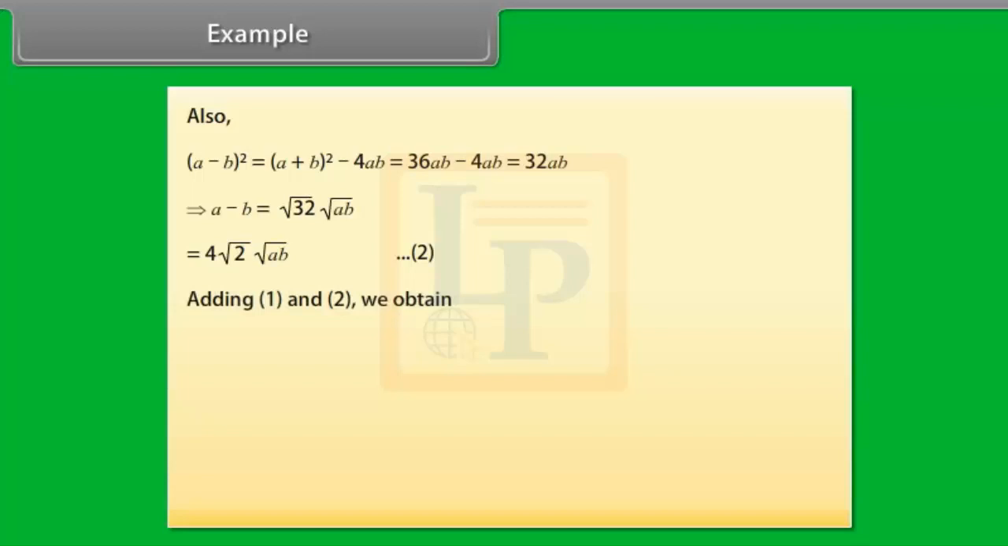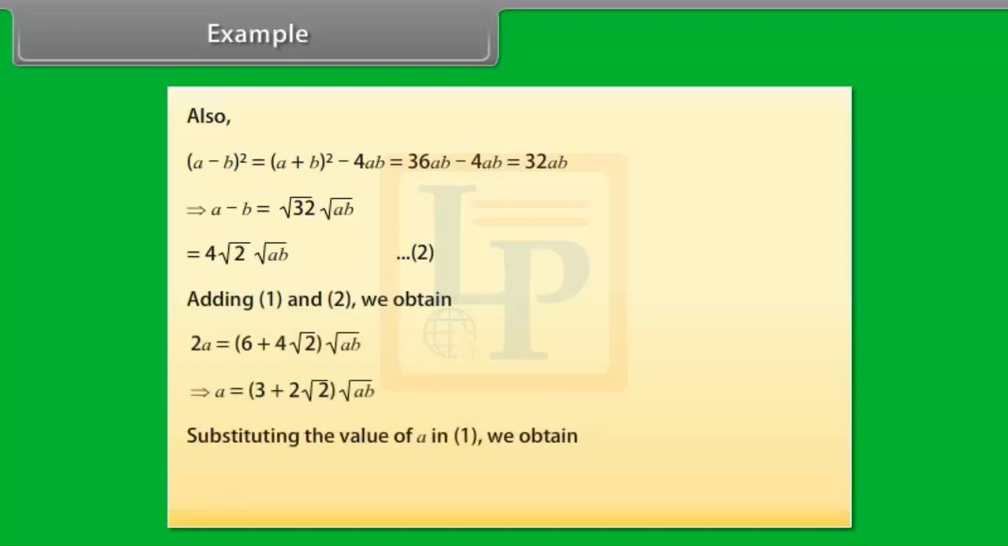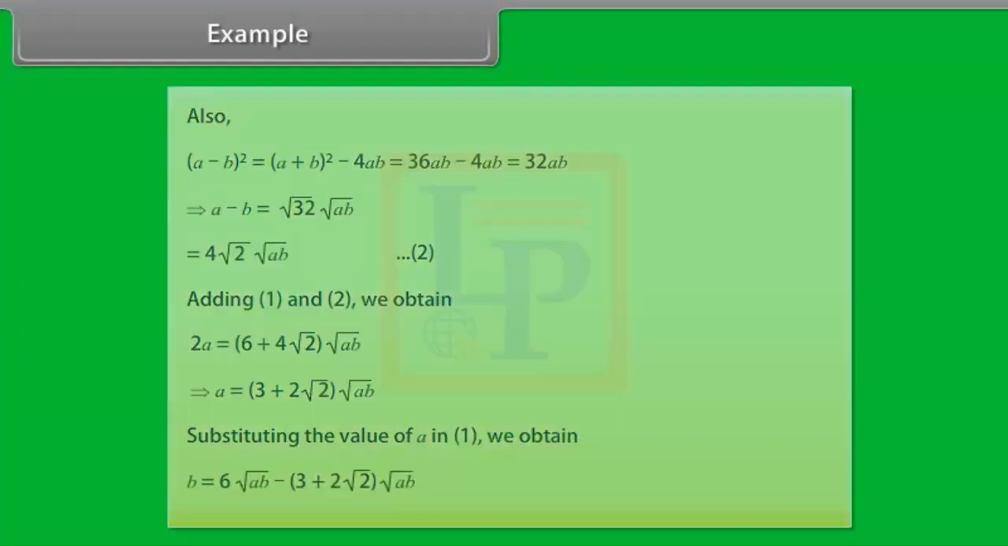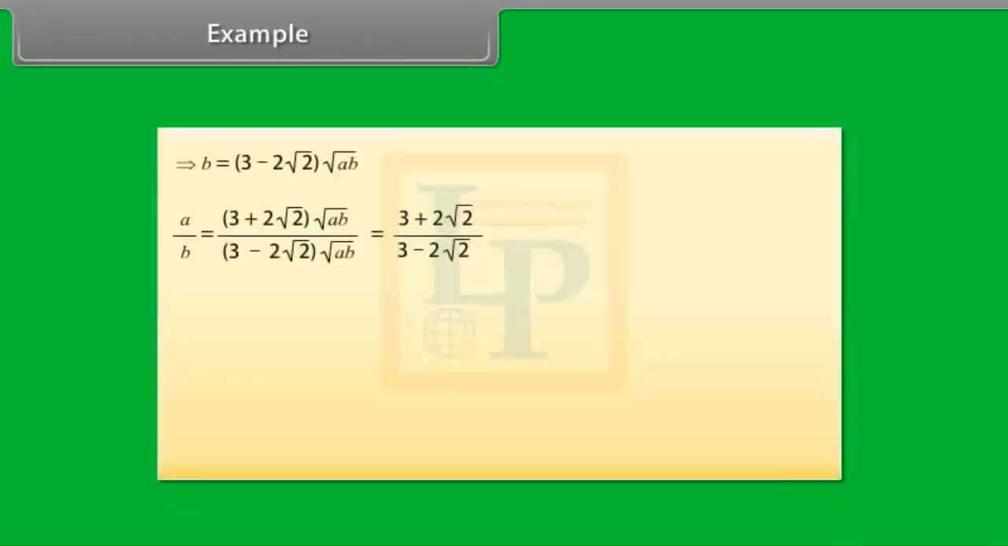Adding 1 and 2 and substituting the value of A in equation 1, we obtain A by B is equal to 3 plus 2 root 2 divided by 3 minus 2 root 2. Thus, the required ratio is